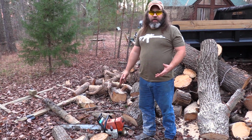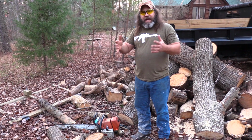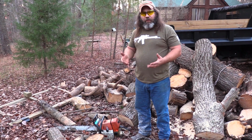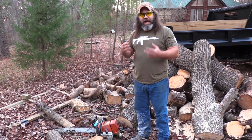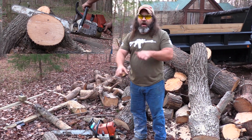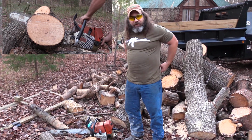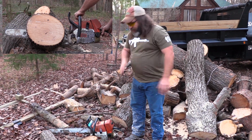Now I'm cheating a little bit because I'm running a badass steel chainsaw, but it shows me that I did that job right. It's big chips cut through that hickory, no problem. It cut straight and flat. Now you heard me bog a little bit. I got a little bit greedy on my bucking dog and I bogged it down just a cat hair, but I mean, that just happens. So anyway,